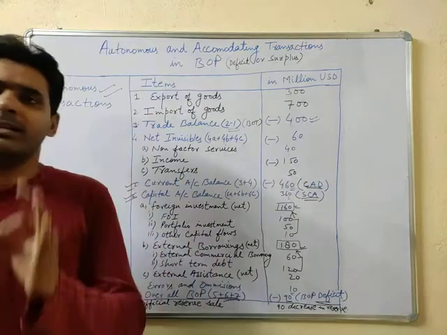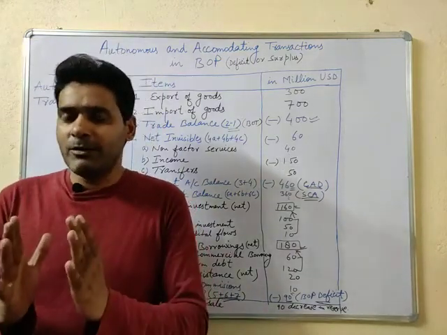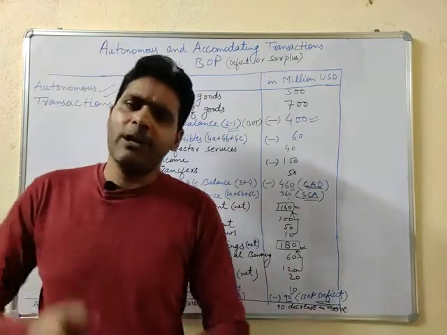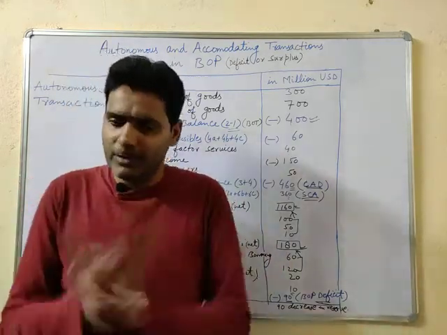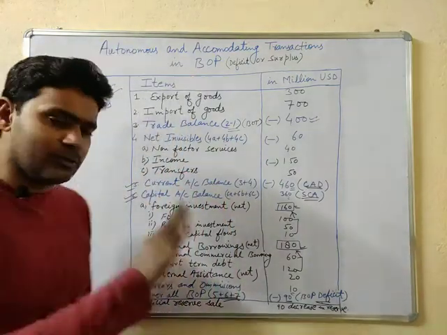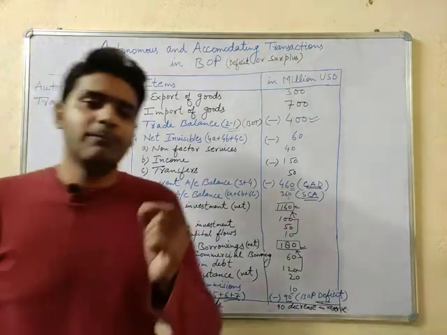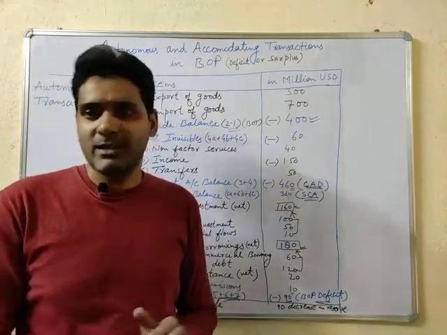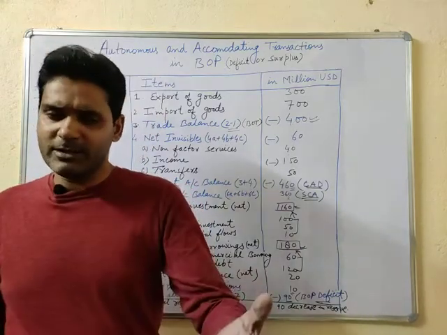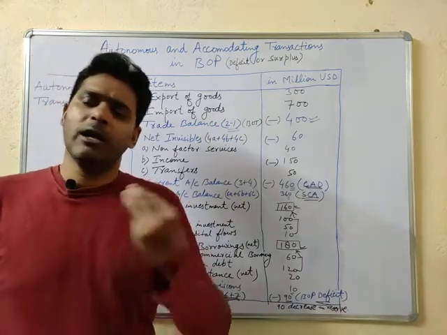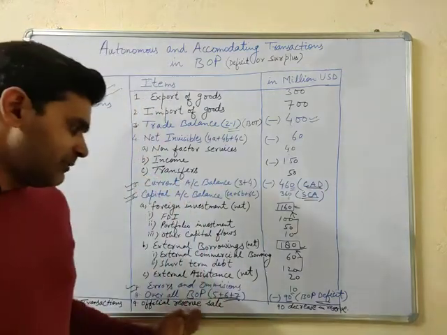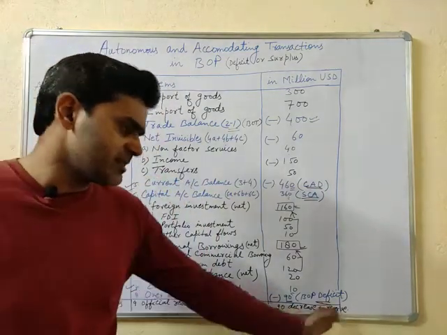Please remember that in the accounting sense, balance of payment is always balanced. Now think about the reverse. If the balance of payment is in surplus, then what will happen? Then the Reserve Bank or the central monetary authority will purchase foreign currency in the international market. It will purchase gold. So it can purchase foreign currency, foreign reserves and gold, etc. from the international market, and it will consequently increase its reserves.